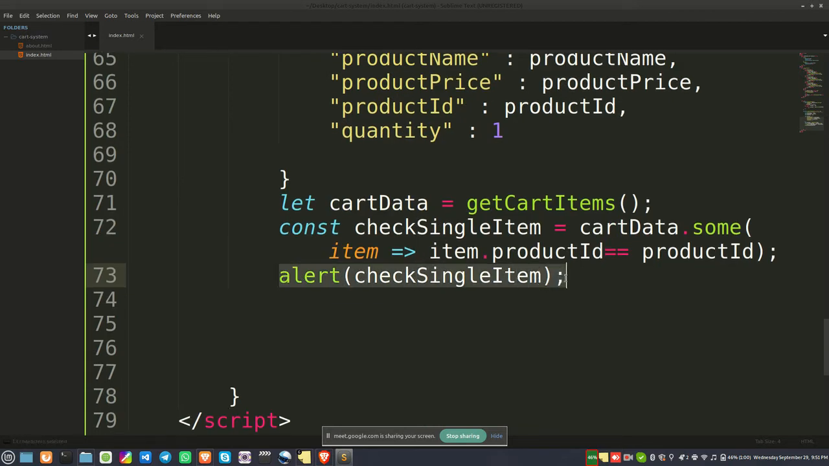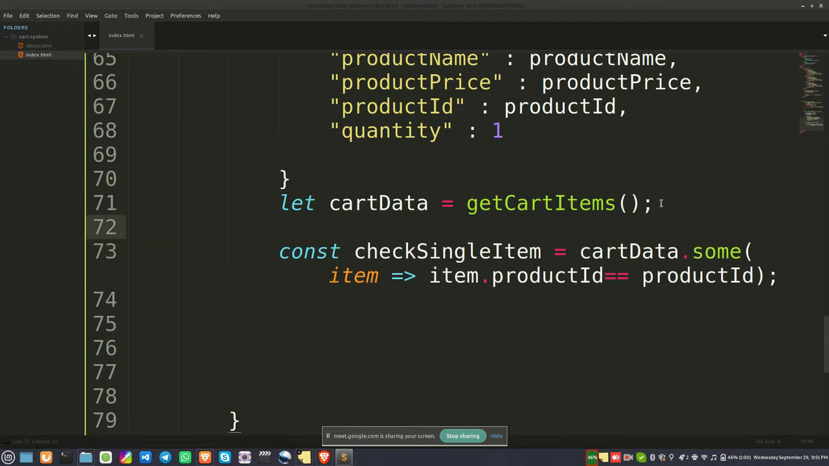Okay, so like I said, this returns true or false. If it's true, just push the data. You know, there's no data in my array. So, okay, let me do something before checking. Let me say